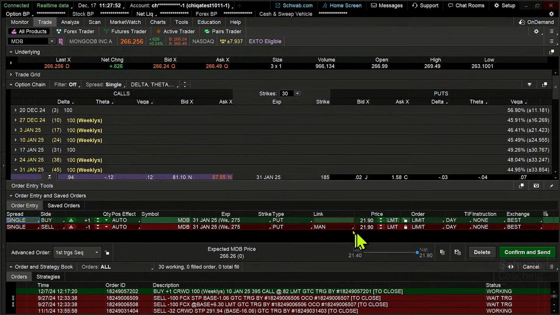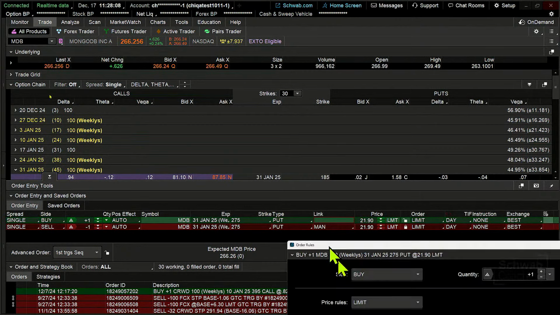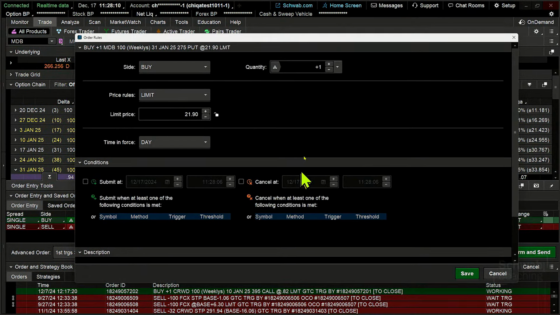And that opposite order is to sell the put option, right? Buy it if it does what I expect it to do. Sell it if it does what I expect it to do. But here's where I'm going to use this little conditional gear icon over here. And Connie, I know, has taught a couple of webcasts on putting these types of orders together.